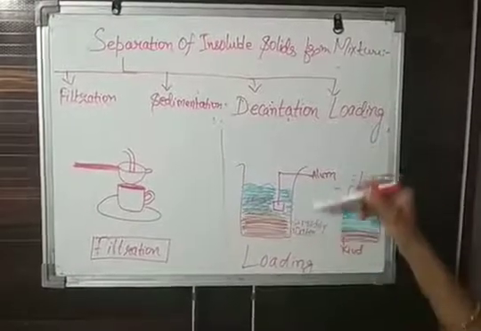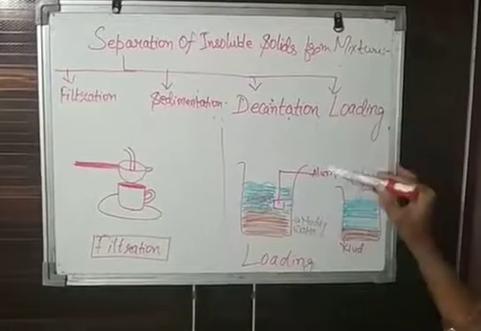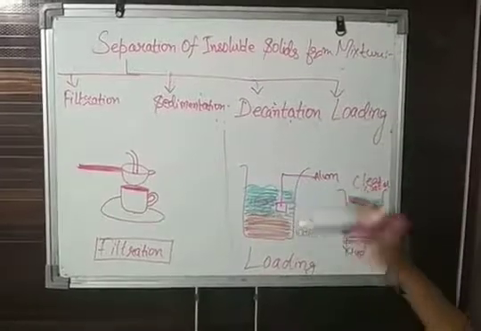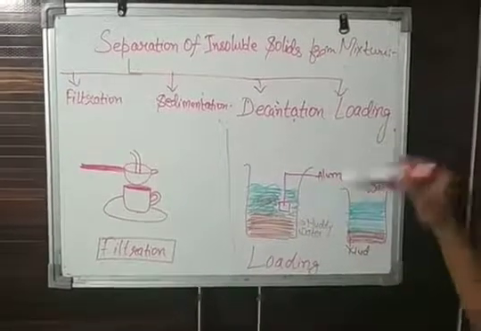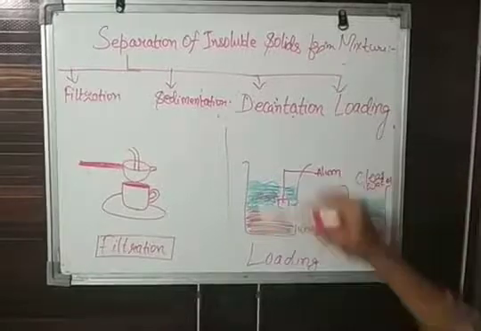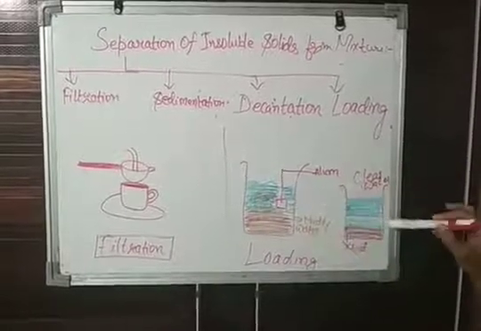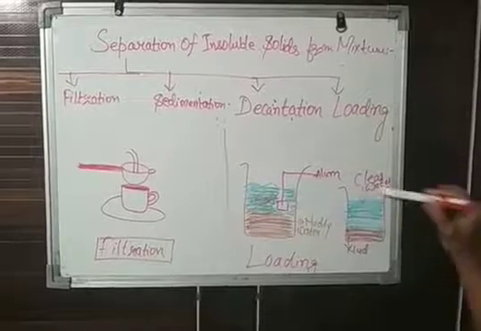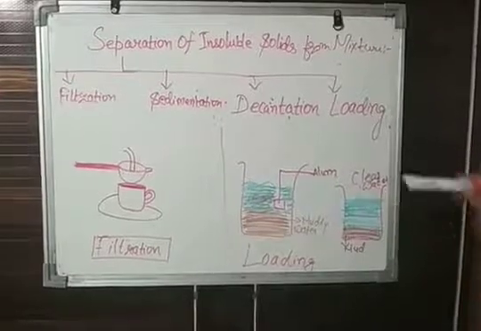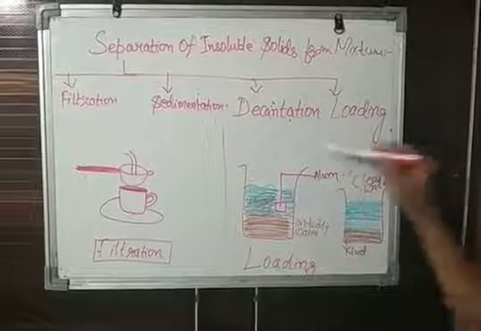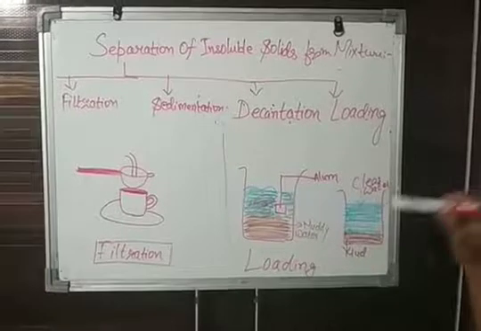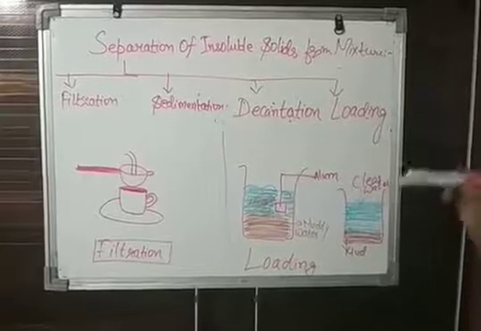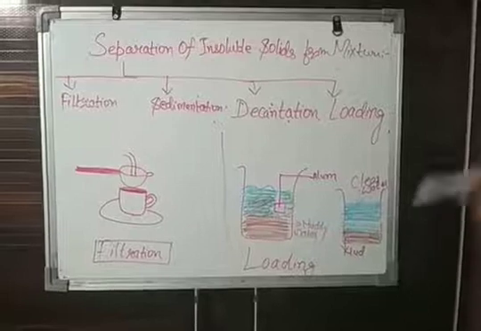So to increase the process of sedimentation, alum is added, that is fitkari. After the addition of alum to muddy water, the mud settles down in the water very easily and you could get clear water at the upper surface of the vessel. So this is the process of loading, with the help of which you can increase the speed of the process of sedimentation.